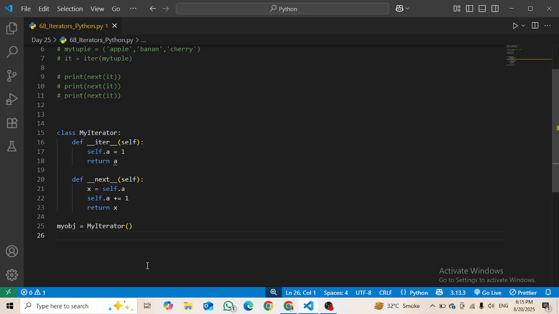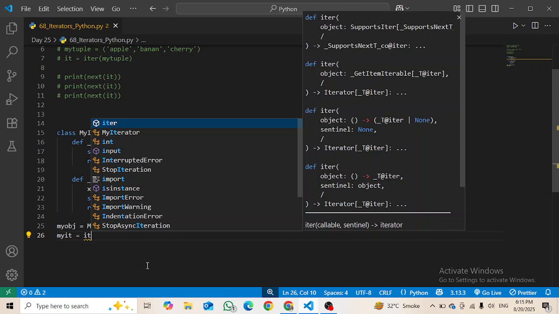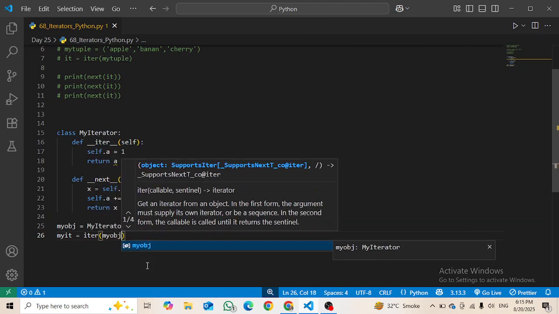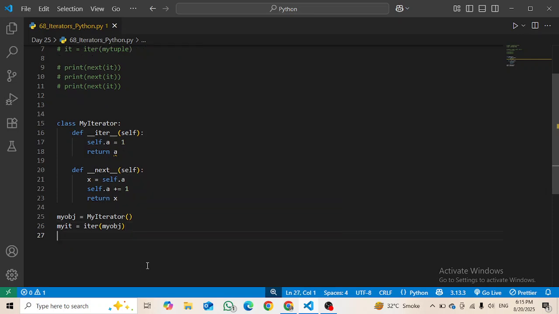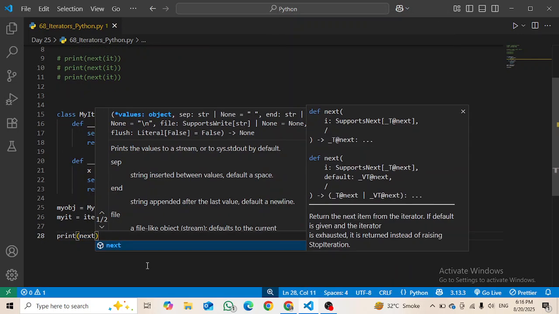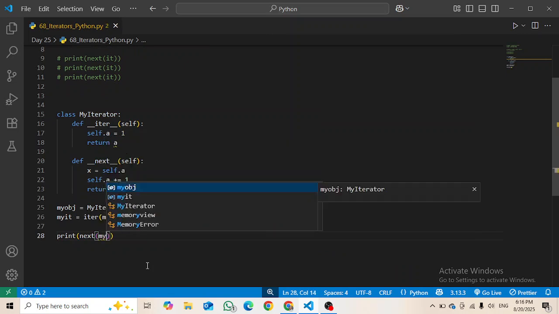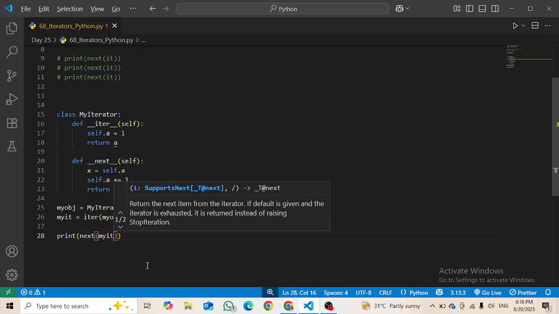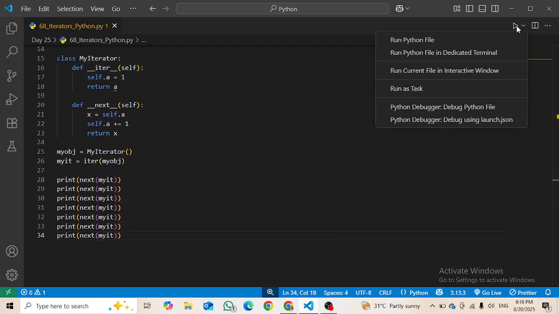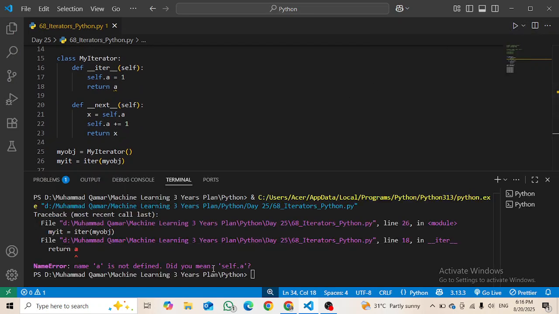Then my iterable equals to iter, and inside it I'm going to pass my object, and then print next, then again my iterator, and then next, and it will print the counting, I guess.